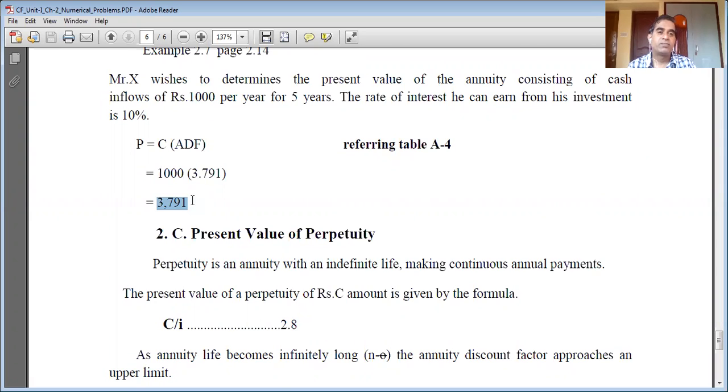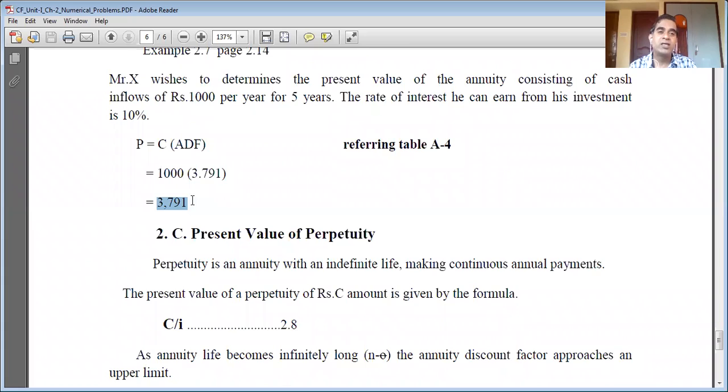Say for example, if the investment required in this small example is 4,000 rupees. We don't know what business we can do. It's 4,000 rupees, but a small, simple example, for our understanding purpose. So there is a small business which Mr. X wants to start, for which a 4,000 rupee investment is required. He has to invest 4,000 rupees today. If he invests and starts the business, he is going to receive 1,000 rupees each year for 5 years.